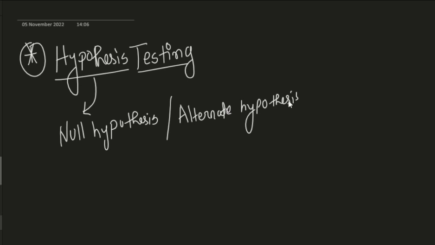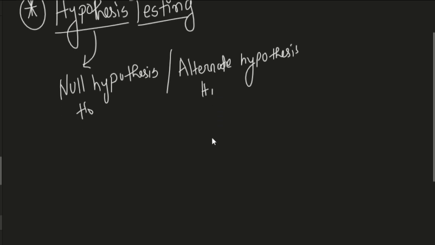The null hypothesis is written as h naught, which is this, while the alternate hypothesis is written as h1. Okay, and what we can do is understand this from various examples, and we can understand that this kind of problems have a lot of ways to be approached, but obviously first we are trying to understand how to handle this. So a null hypothesis is something which is given, and